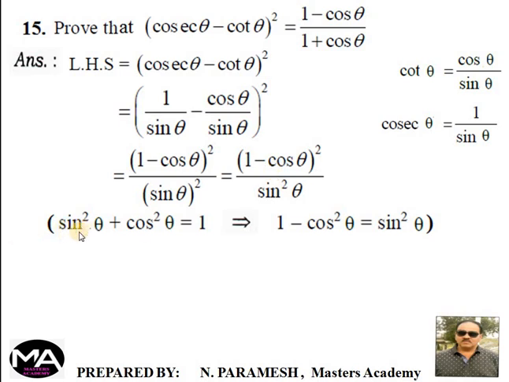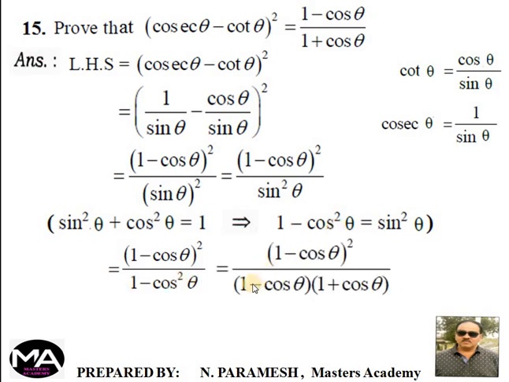By using standard identities, sin square theta plus cos square theta is equal to 1, which implies, what is the value of sin square theta? Sin square theta is 1 minus cos square theta. Substitute in the above step: (1 minus cos theta) whole square as it is. In place of sin square theta, substitute 1 minus cos square theta. The numerator is as it is, and 1 minus cos square theta, being A square minus B square,